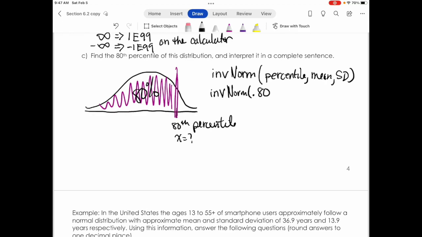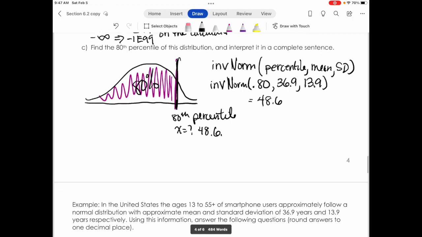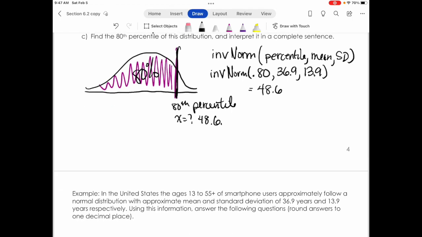In our case, we're going to put the percentile is 80%, which is 0.8. Then we're going to put in 36.9 for the mean and 13.9 for the standard deviation. When we do that, we're going to get 48.6. So this value here that makes the cutoff point so that everything to the left is 80%, that value is 48.6. So now as far as interpreting it, we could say that